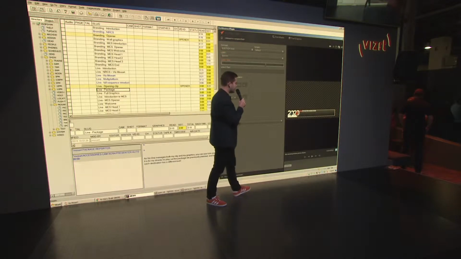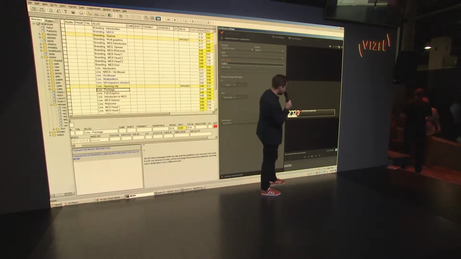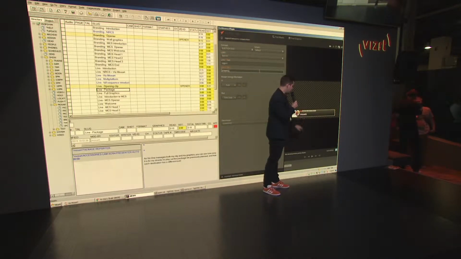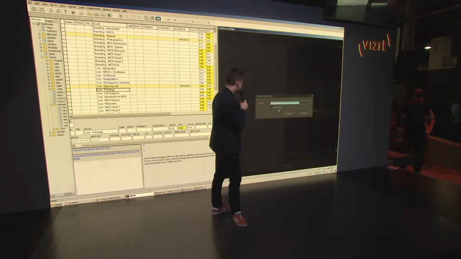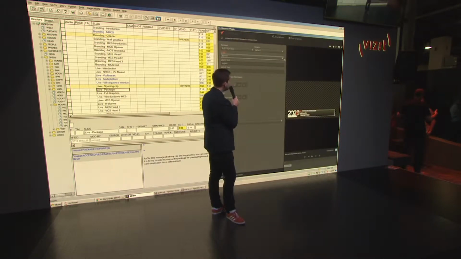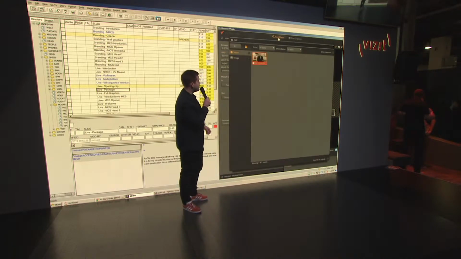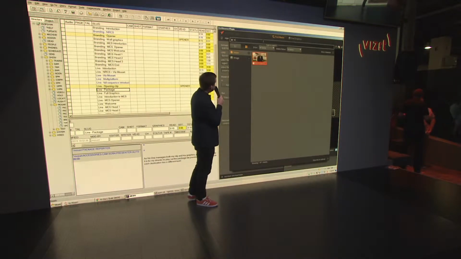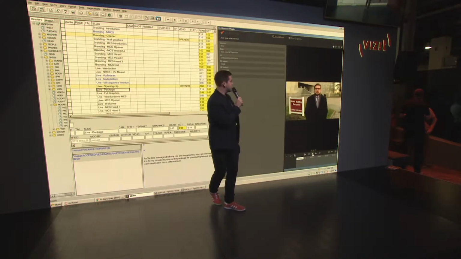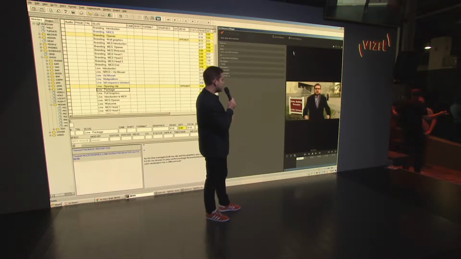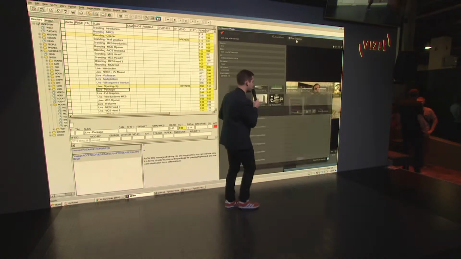We can open that graphics, and as soon as we start filling out the content, you can actually see a live preview of that and how that will look on air or on any other platform right in the plugin. We can also search for media inside this plugin. So for instance here, we can have a look at the different pieces of content from my content management system. I can open that and I can browse the proxy of that video as well.